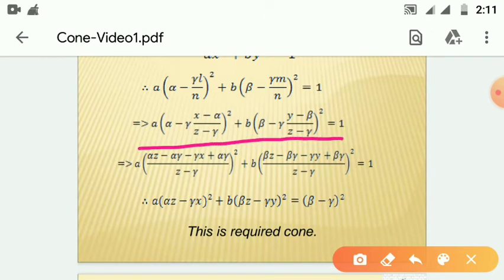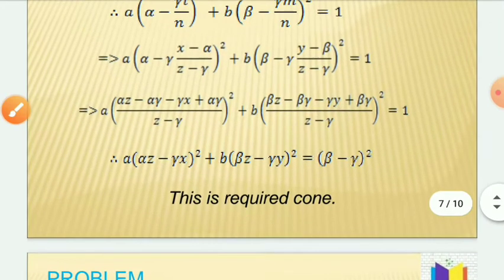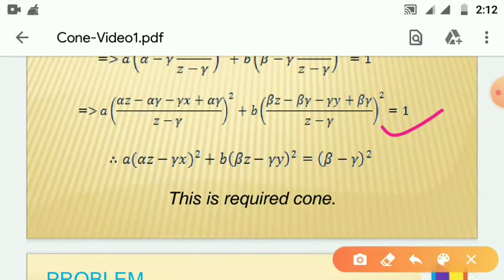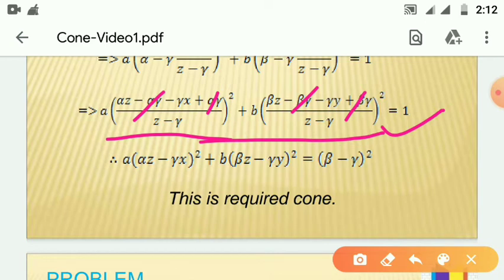So on simplification we will get z minus gamma as the denominator here. So alpha into z minus gamma is alpha z minus alpha gamma minus gamma x plus alpha gamma, and so on like that. Here we can cancel minus alpha gamma plus alpha gamma, and here we can cancel minus beta gamma plus beta gamma. On cancellation and taking LCM of these two fractions, we will get like this: